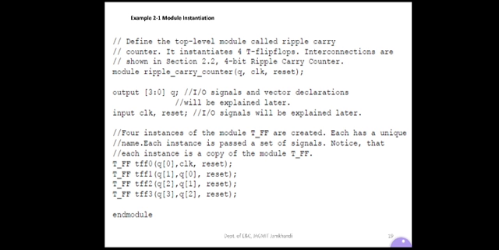You can observe TFF0 in the block diagram, and what the connections are for that particular block. It consists of output Q of 0, then the clock input, then the reset input. Observe the block diagram, then define the instance of TFF0. It consists of 3 terminals, 1 output and 2 inputs. Q0 is the output, clock and reset are the inputs, followed by a semicolon. Then go to the next block, TFF1.